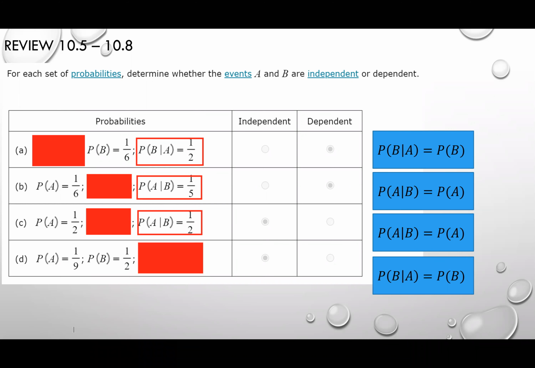Let's say I give you the probability of A and B equal to 1/16, and I ask you for this information: can you verify if you have an independent or a dependent event? In order to verify this, given just this item, we need to see if